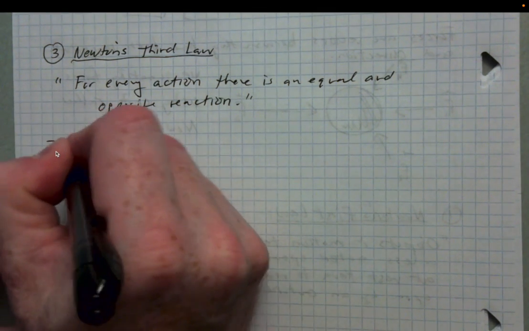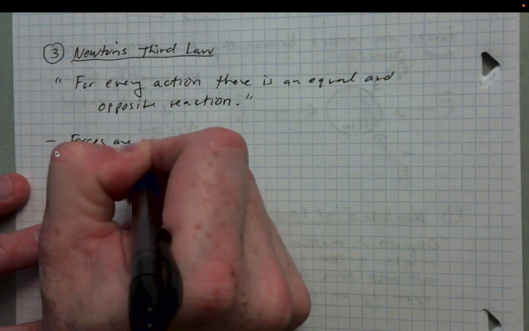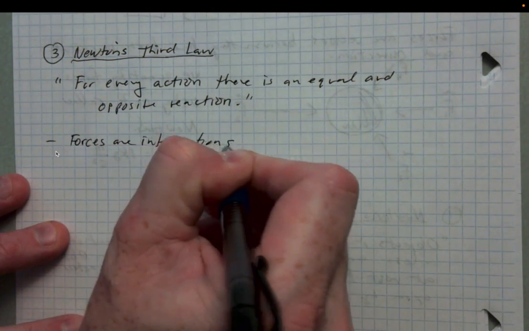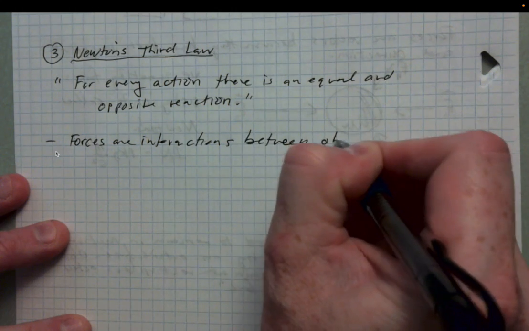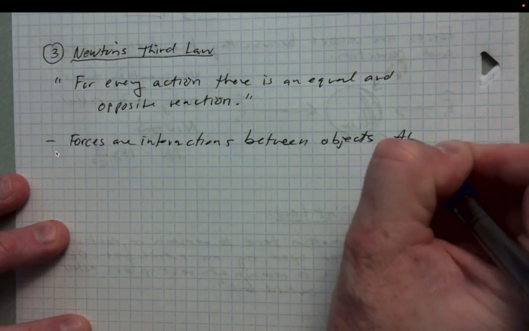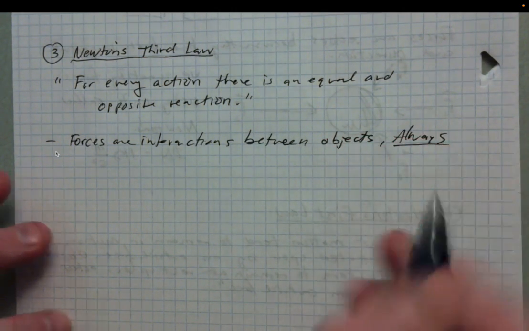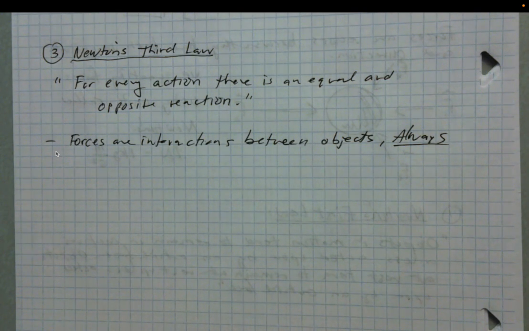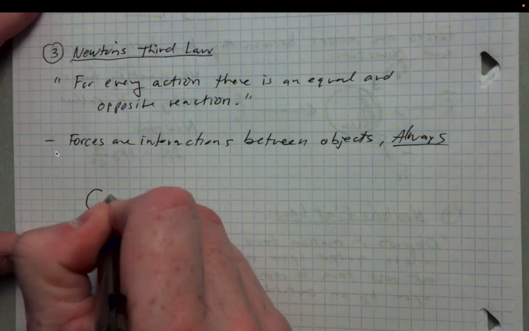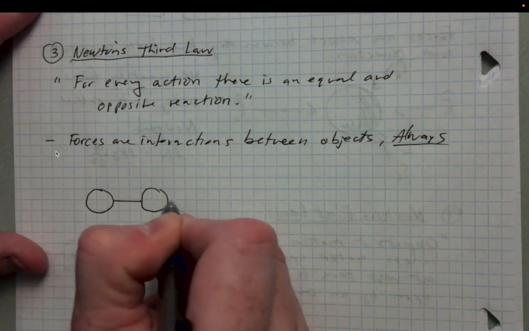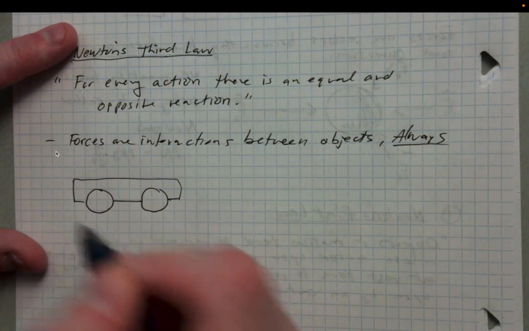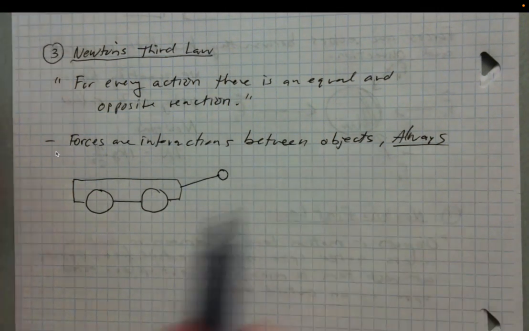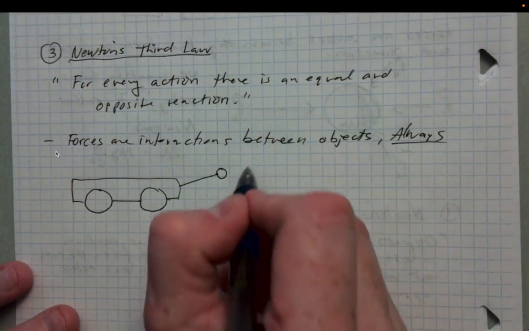So a couple things to know here. Forces are interactions between objects, right? Always. Okay. And another concept here is that an object feels the same force magnitude as the thing exerting the force, right? So, for example, imagine you have a wagon, and this is going to be intuitive. People will be able to relate to this immediately as soon as I say it. If I've got a wagon and it's like a hand cart, right, and I pull on it,